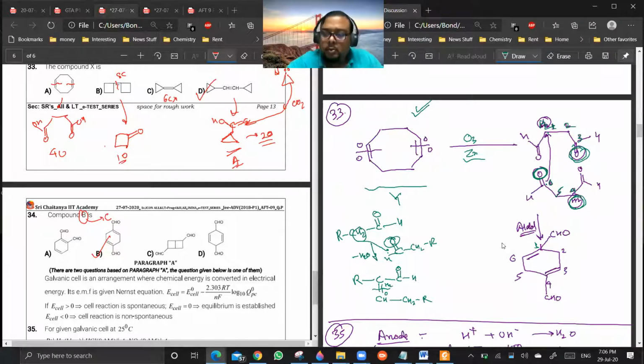Yes, sir. Okay. If that is the case, then I can move forward. So 34 is done. You are not expected to decipher this without sufficient information, but if this sequence is given, you can at least arrive at this product. This is more important. In JEE they can ask this sequence. They won't ask the other because enough information is not there.